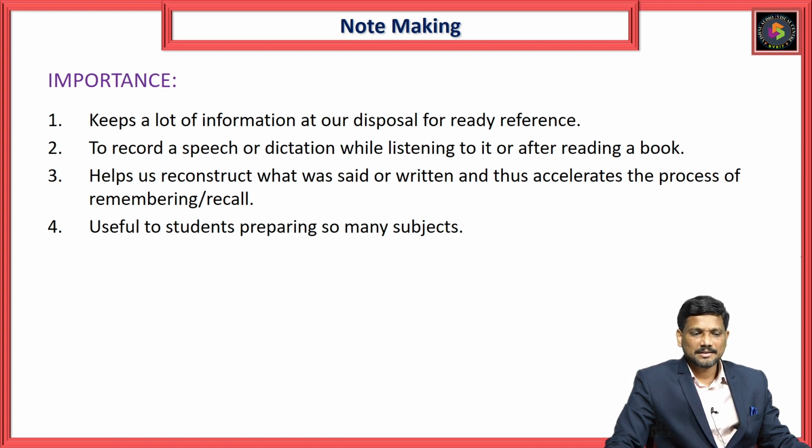The second point is to record a speech or dictation while listening to it or after reading a book. So if you want to take notes from a book or from any video, the foremost thing we need to do is to record a speech or a dictation while listening